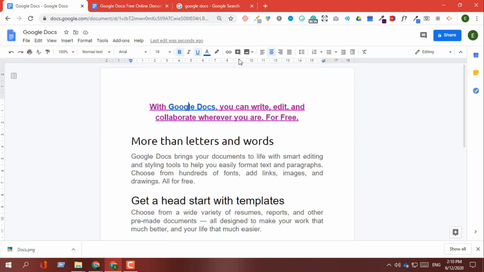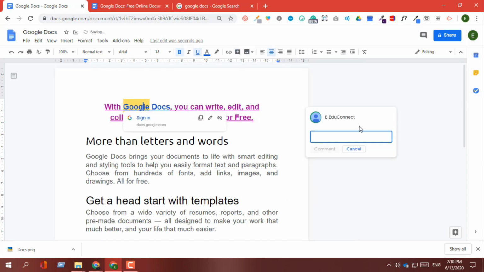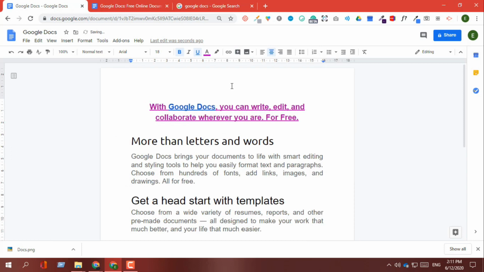So now this is the option of commenting, adding comment. If you click on add comment, if anyone wants to add any comment on this particular document, he or she just simply needs to click on this plus button, this add comment section. He or she can add a comment on this. If anyone wants to add a comment on any particular sentence or any particular word, he or she can add a comment by this option as well.